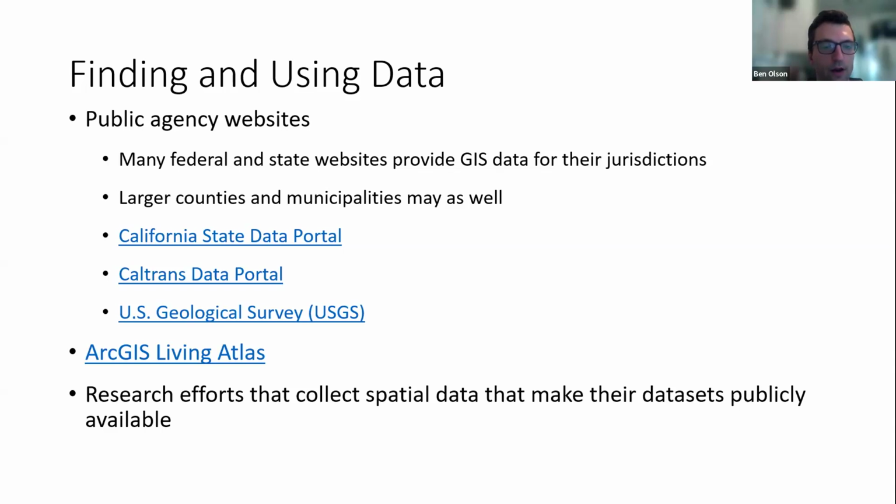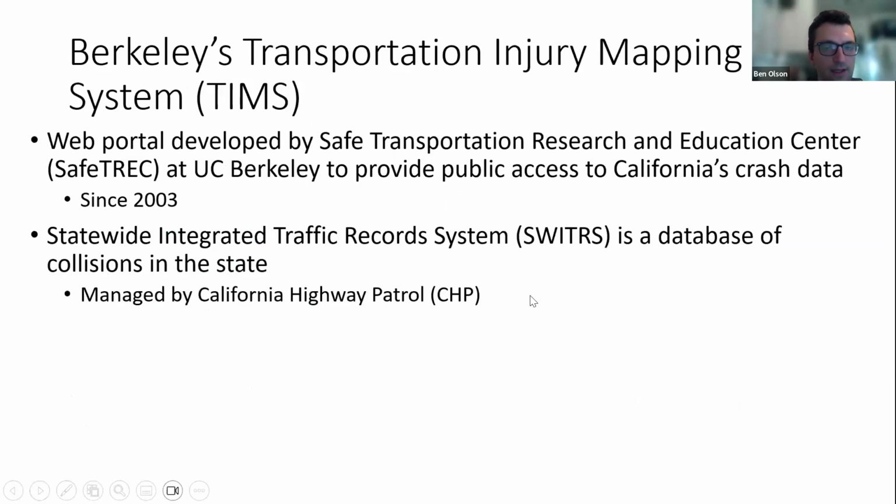And then finally, there are research efforts that collect spatial data and make their data sets publicly available. If there are research efforts doing GPS locating, dropping points using GPS hardware, or digitization, they might, as a part of their research, depending on the stipulations with the research team and the funders, make the results publicly available for other GIS users to use on their own. Data from that sort of source is what we are going to be looking at today